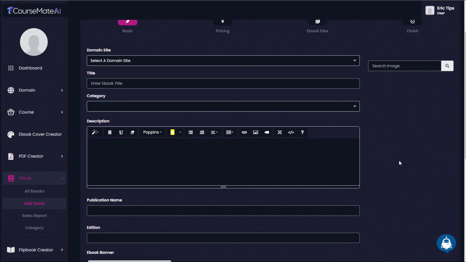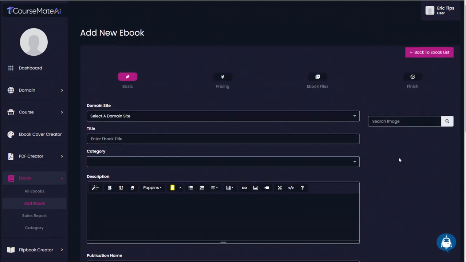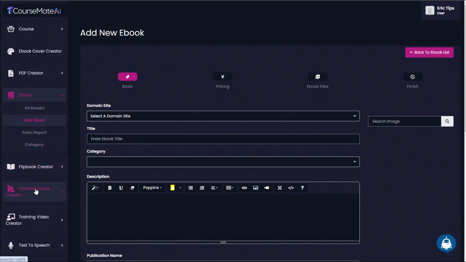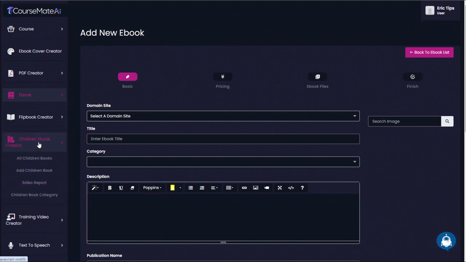Okay, so it's not like you have to come up with an entire course. I should have probably told you this at the beginning of the demo. It's not just for courses, it's also for selling ebooks as well as children's ebooks. That's another feature within this platform. The flipbook creator is actually an upgrade, but the children ebook creator is also included in what you're getting here